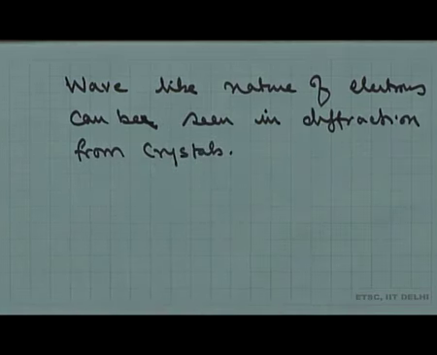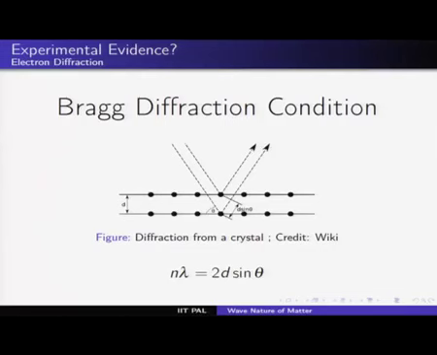De Broglie was fortunate that by that time the crystal structure was known. It was supposed to be a regular symmetric object, and the two Braggs, the father Bragg and the son Bragg, had actually obtained the condition for diffraction, and that is illustrated in the slide here, which I would like to explain to you. Now, if you look at this slide carefully, what we have is a periodic array of